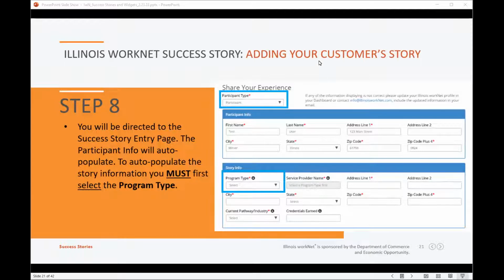And then this page will take you to the success story form. And so you'll see at the top that this will show under participant type, participant, and you'll see a couple sections here, participant info and story info. And for participant info, when you've selected the customer, that customer's information will auto-populate in these fields: name, address, city, state,